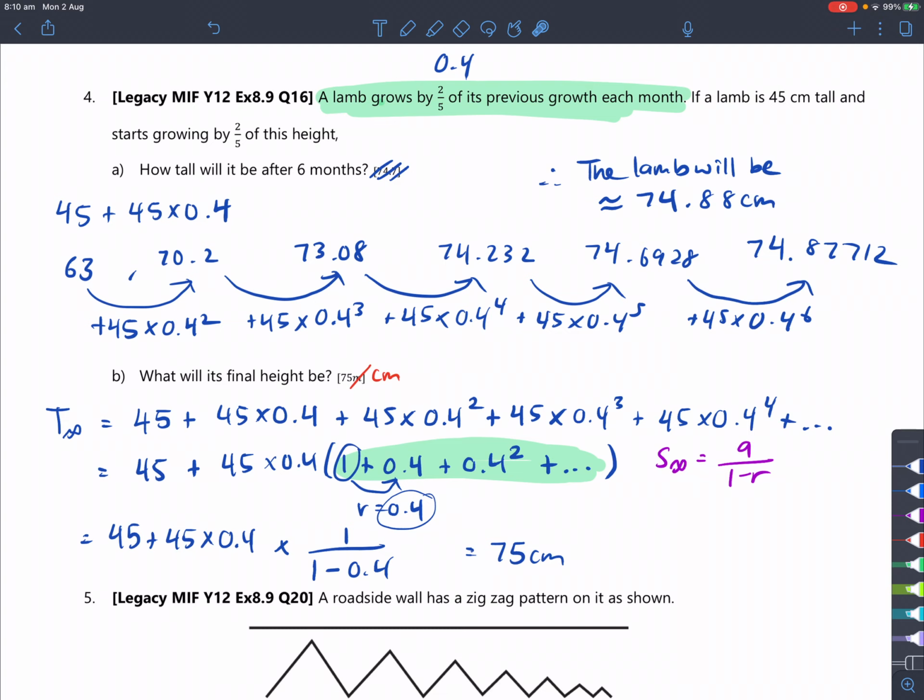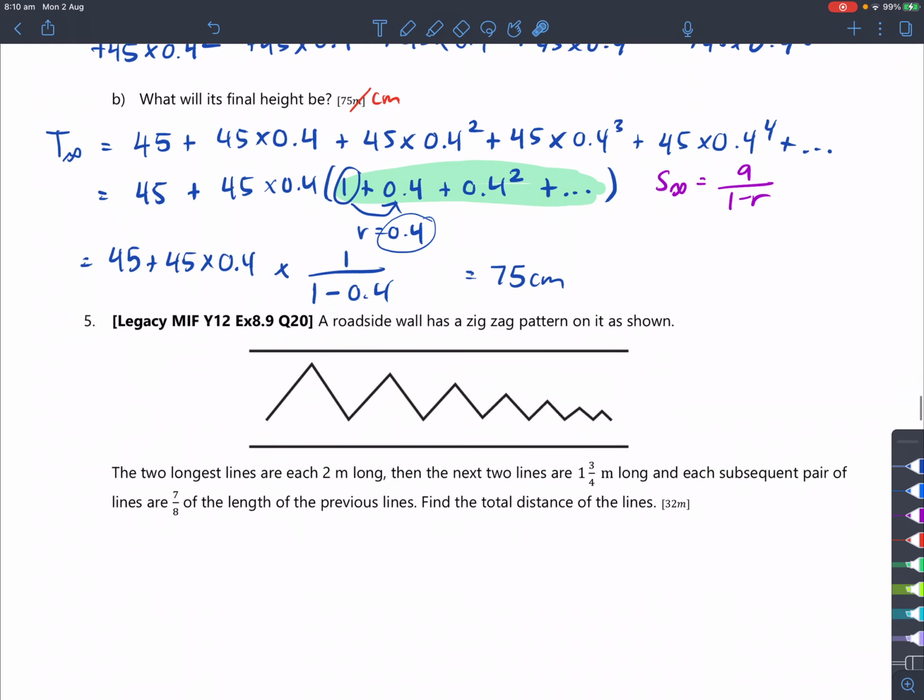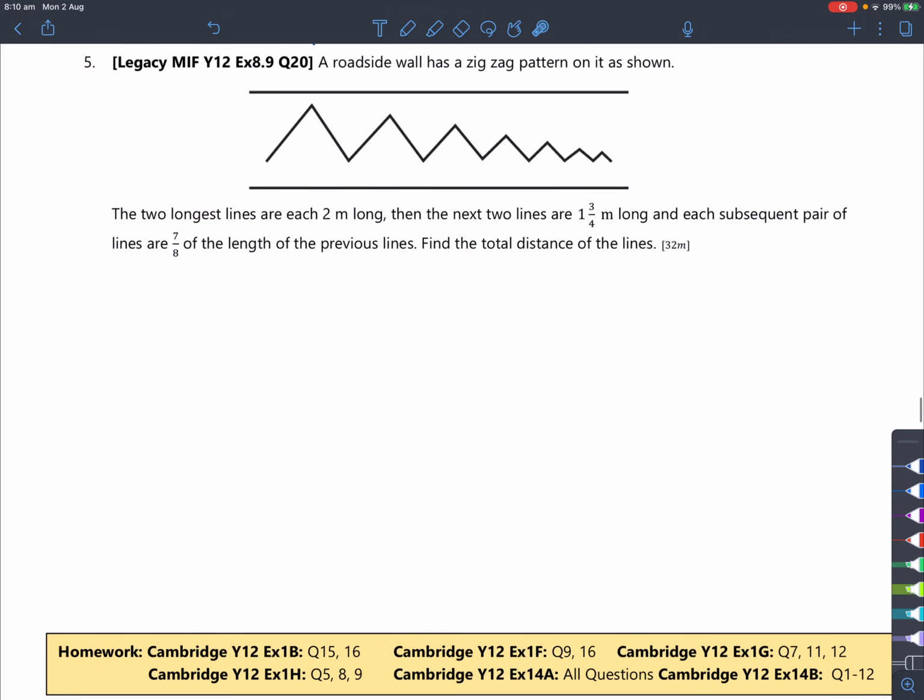So in question 5, a roadside wall has a zigzag pattern on it as shown. The two longest lines are each 2 meters long, and then the next two lines are 1 3/4 meters long, and each subsequent pair of the lines are 7/8 of the length of the previous lines. Find the total distance of the lines. Right. So,